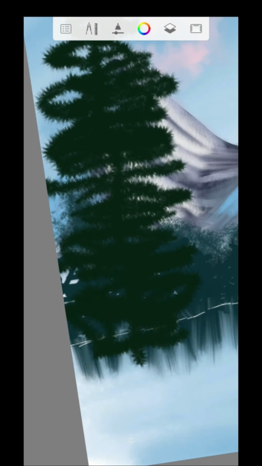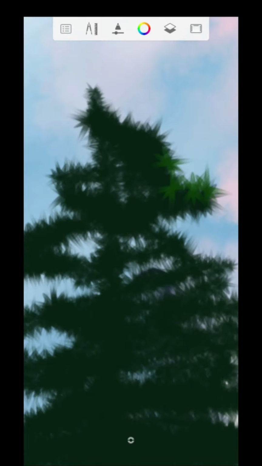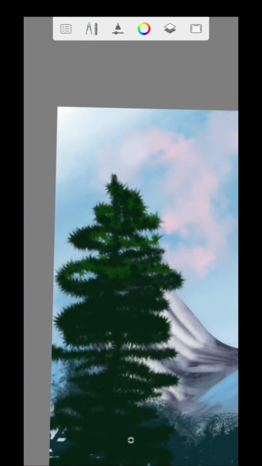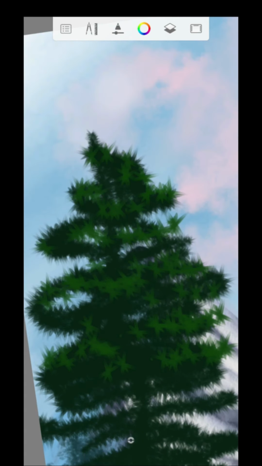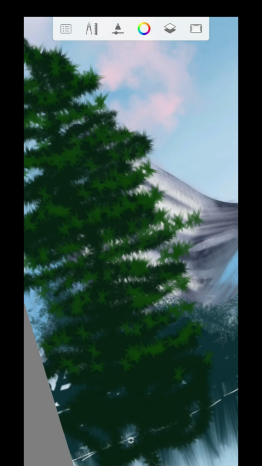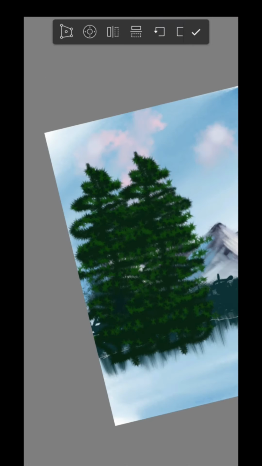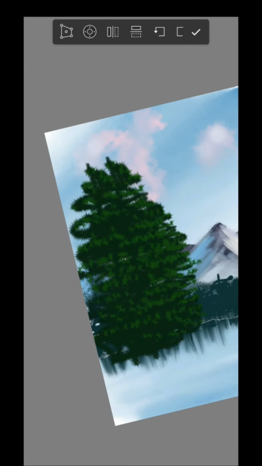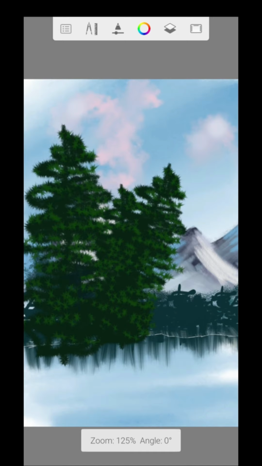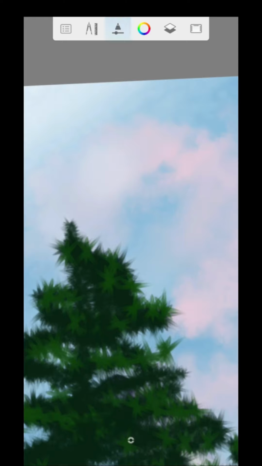Now select a different shape and try to draw a tree. Draw some highlights in the tree. Make sure to select another layer. After you are done with your tree and its highlights, select your tree, copy it and then paste it in a different place and different orientation. That will look a little bit cool. I think that is a really cool thing in digital drawing.